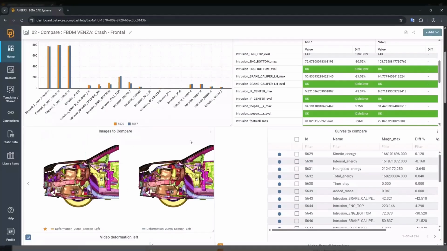For this comparison to be valid, we need to have two runs selected. And if we sort the list by name, we can clearly see the difference column, along with the asterisk that marks the reference simulation run.